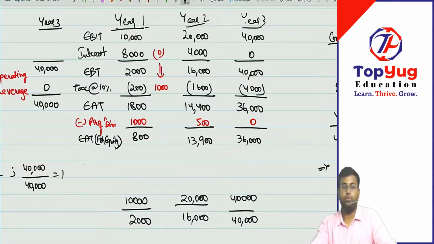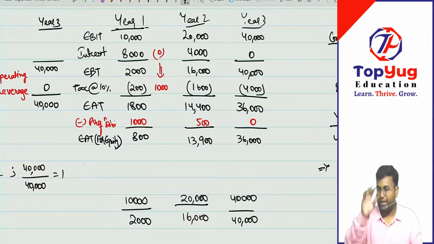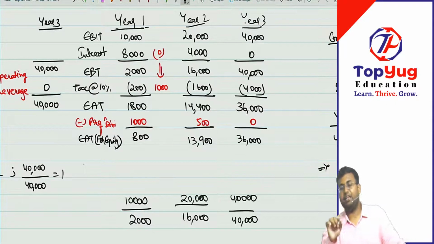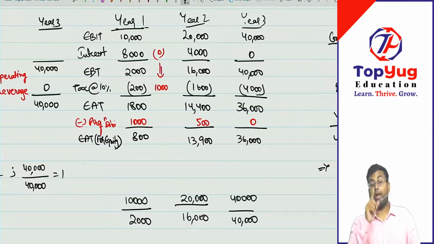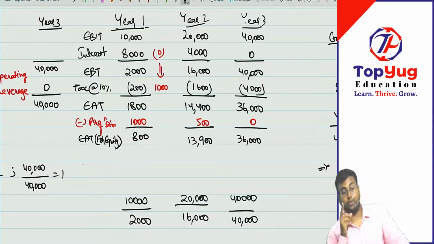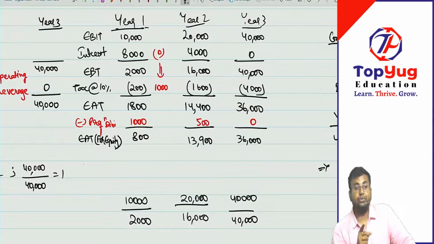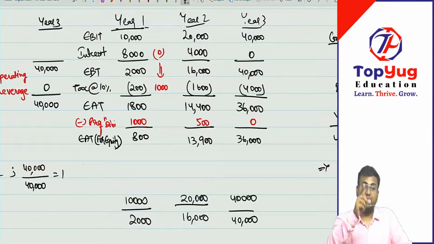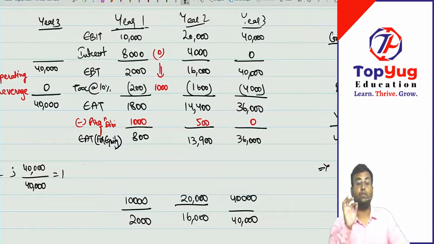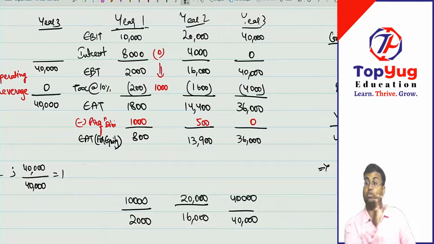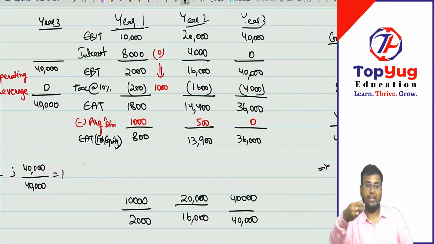I have a simple question to you. I need a simple answer. Don't look at numbers. Please apply your mind. Is it right to say for the year 3 degree of financial leverage is 1? Apply your mind. It requires a lot of senses. I told you, if you join my journey, you have to apply your senses. Is it right to say that year 3 financial leverage is 1? Year 3 is 40,000 minus 4,000 minus nothing. Yes or no? Let us first discuss conceptually, then we'll come mathematically. Okay?